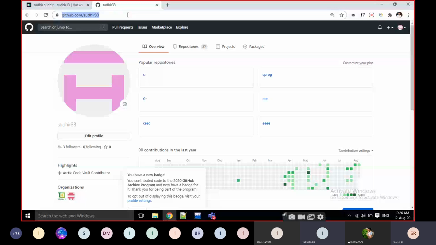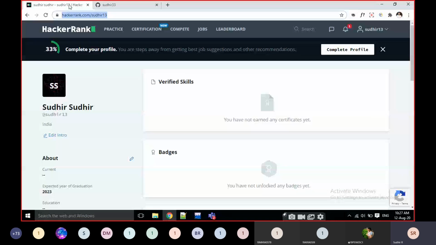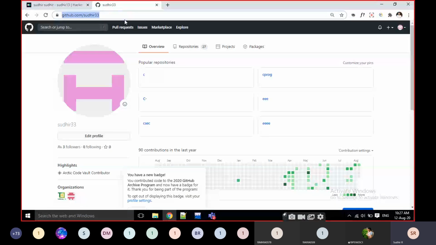Go to your profile, copy the URL address, and this is your GitHub account. This is your HackerRank account. You have to send both to me. You have to fill that in the form. Okay, that's it. I will share it by end of day, and you have to fill that form.